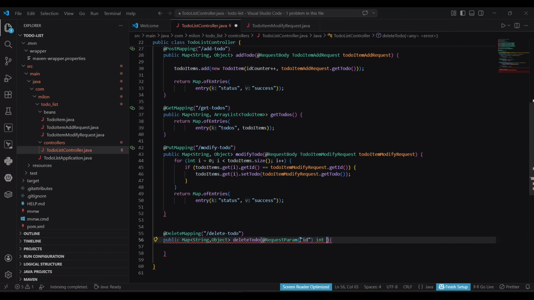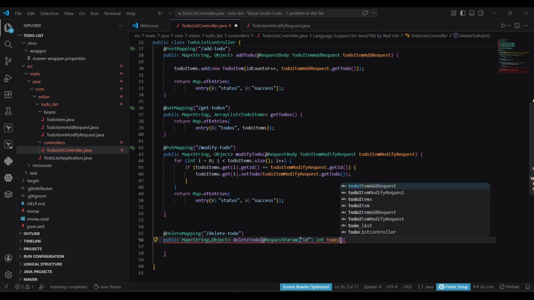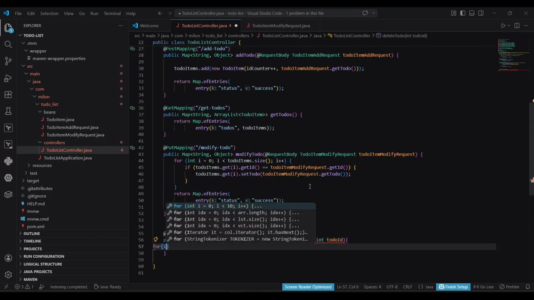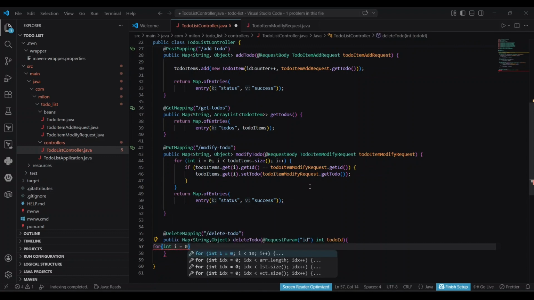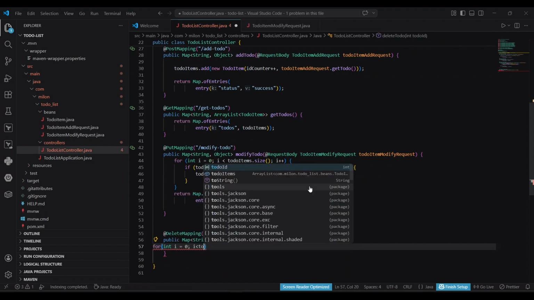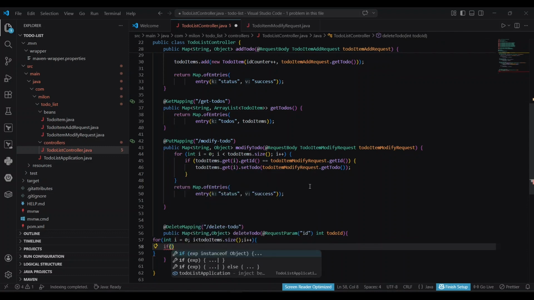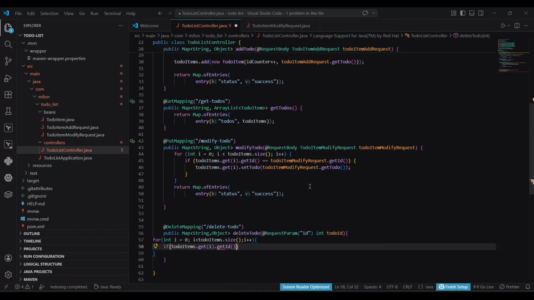So it's going to be an integer and it's going to be toDoId. So here what I'm going to do is that I'm simply going to pass through the toDoItems. So i less than toDoItems.size(), i++. Okay. Now if my toDoItems.get(i).getId, if the id is same as the